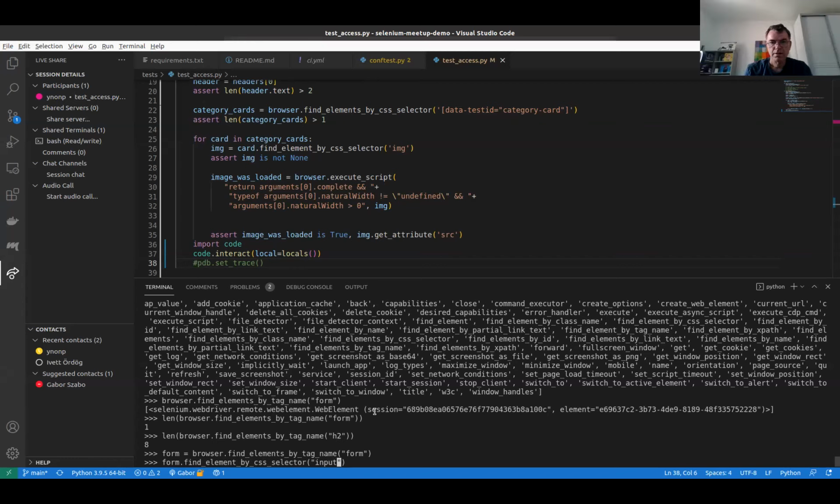Actually, so we expect here to have 2 inputs and 1 button. So let's head back to the browser. Find elements by tag name.